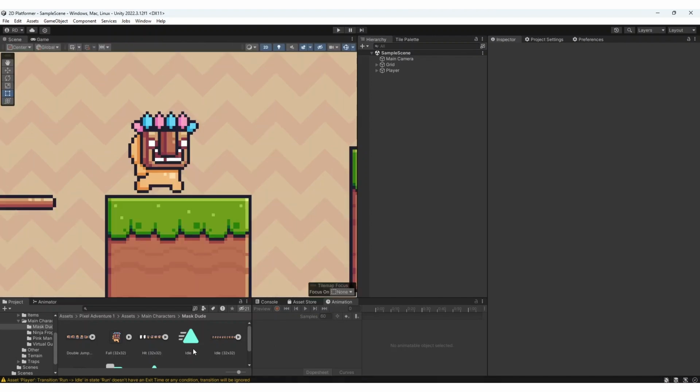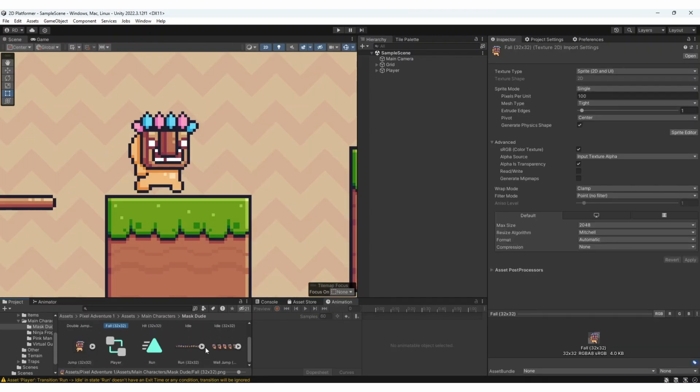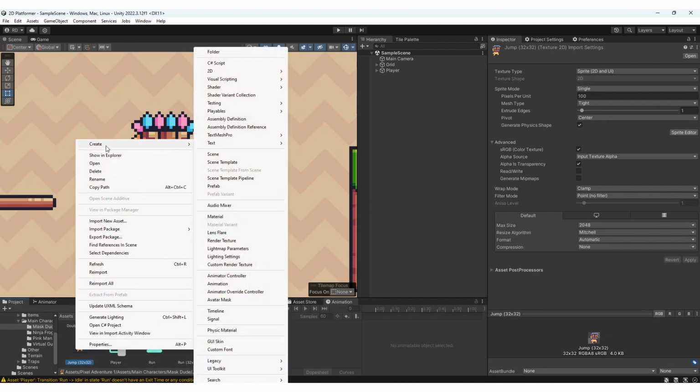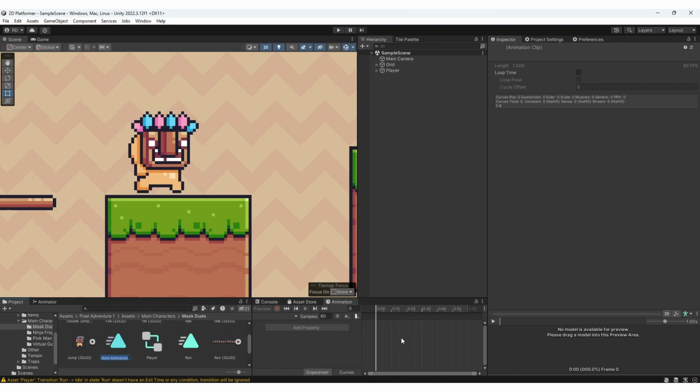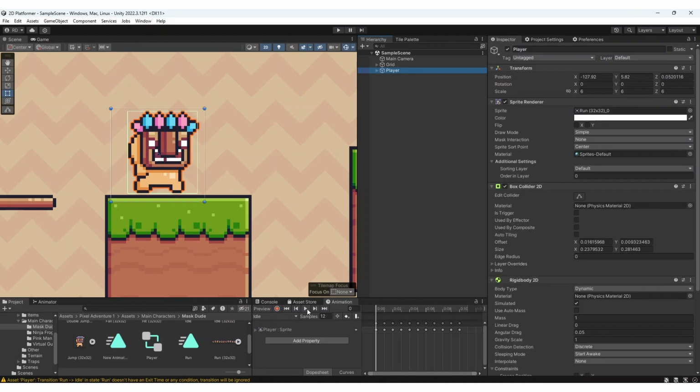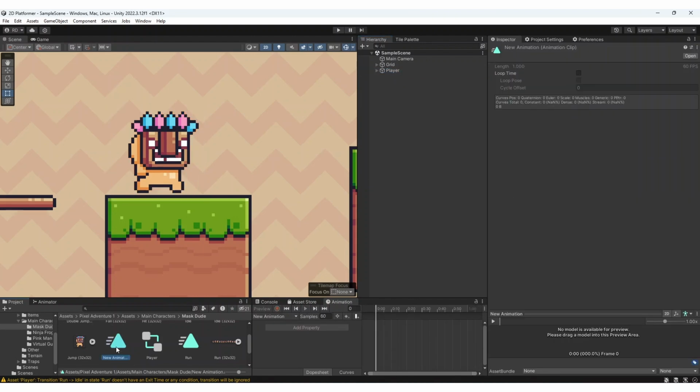There are a few more animations that we can do though. There is a jump animation, the jump and the fall, but these are just sprites. So what we can do into here is we can create a new animation. So if we go into the jump, right click, create animation, and then we'll just have one sprite right here, this jump. If this new animation, we can just know that's the jump. Drag this onto the player, and then if we go into the player, we'll see this. If we go into the new animation,